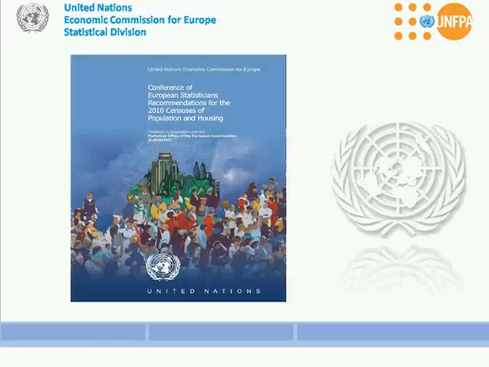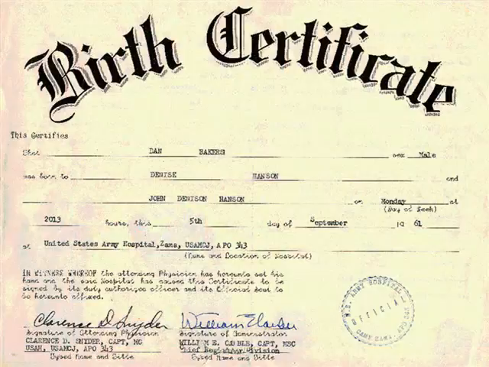It should be noted that in the CES recommendations, the topics that allow identifying the three population groups are core topics. The foreign-born are those persons who were born in another country. These persons have experienced at least one international migration in their life, for instance from the country of birth to the current country of residence.